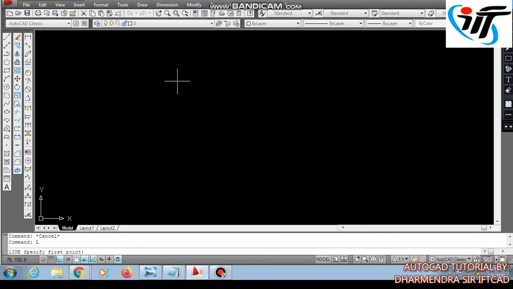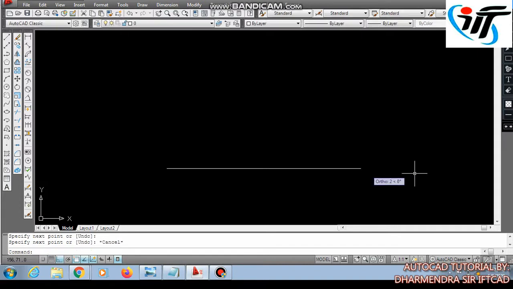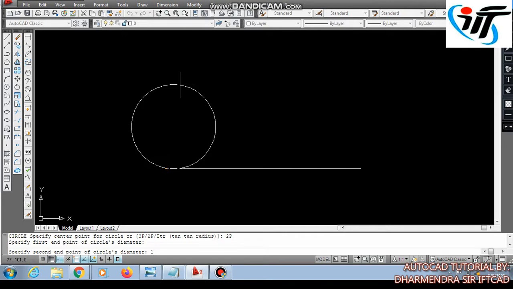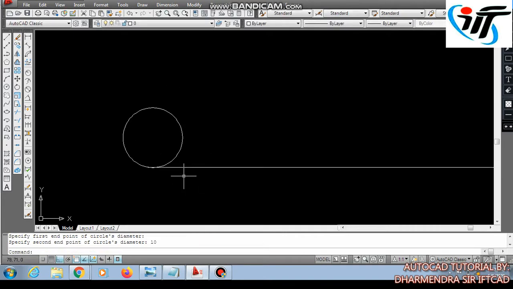Next one is TTR. Pick a baseline, draw a circle using 2P, C, Enter, 2P, Enter, and provide the radius. Now it is drawn.